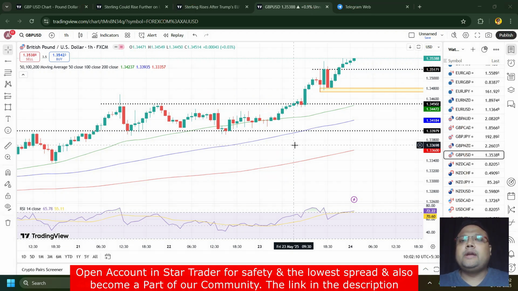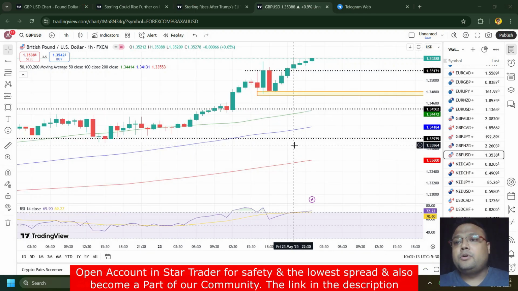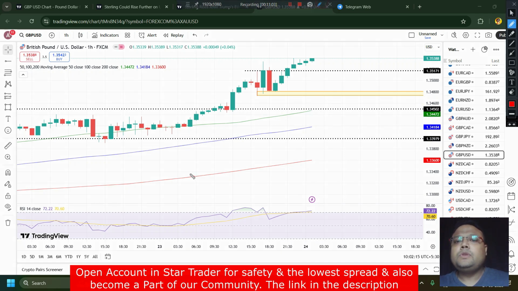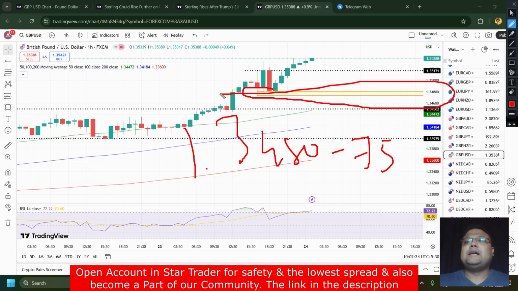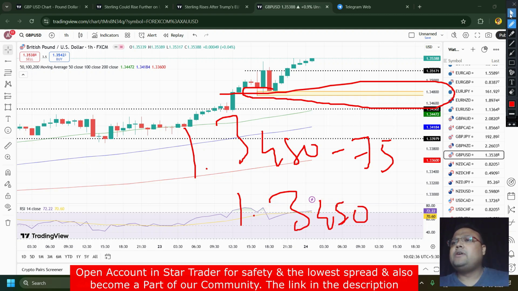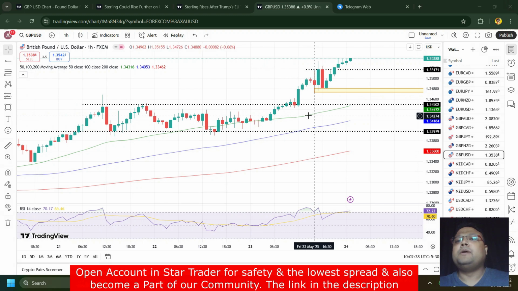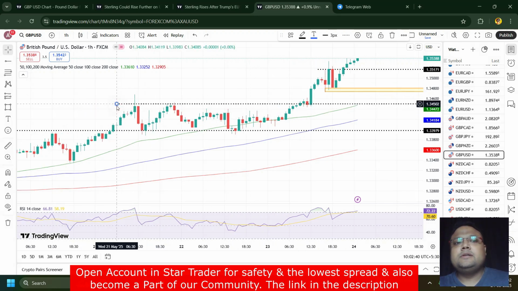But if you're not in a mood of taking risk, you're looking for a better trading opportunity, in that scenario, you can consider 1.3480 to 1.3475 because of previous support around this area after the market opening. Means after market opening, if you see the market coming down for retracement, then you can look for a buy around these two areas. We also have a better opportunity at 1.3450. Means after market opening, if the market shows deeper retracement where the previous resistance will be working as support, the 50 moving average is there,